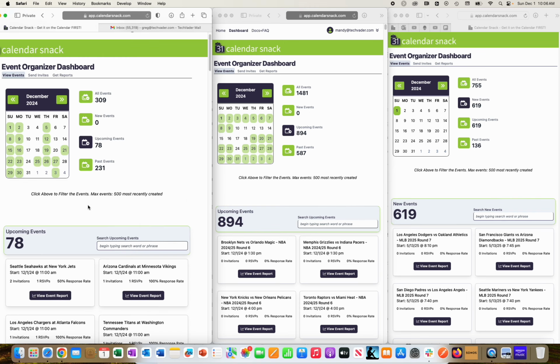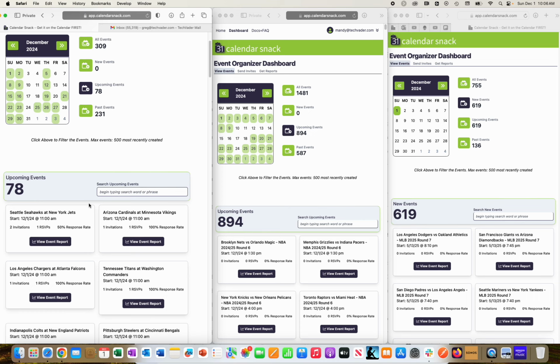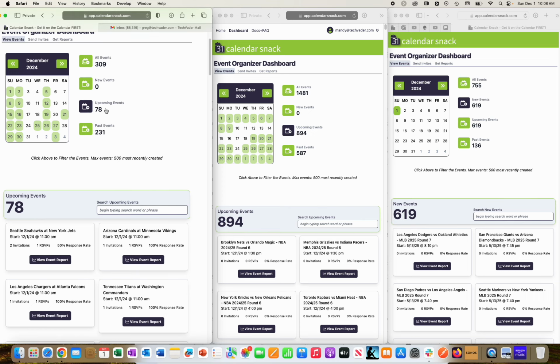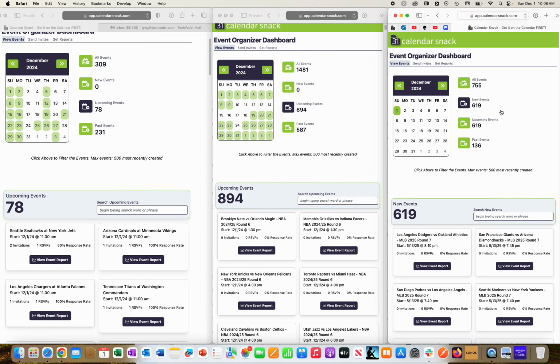The first one here, as I scroll up and down, is the NFL data set. There are 78 upcoming games based on today's date. In the middle, you'll see that we have 800 plus games for the NBA. And you'll see over here for the